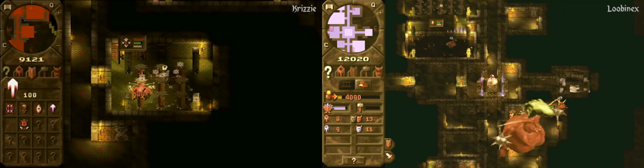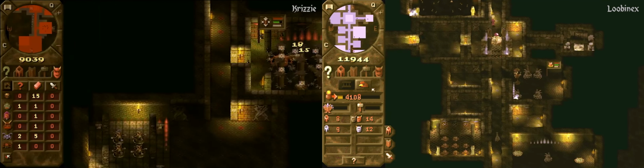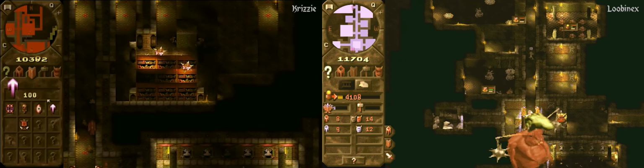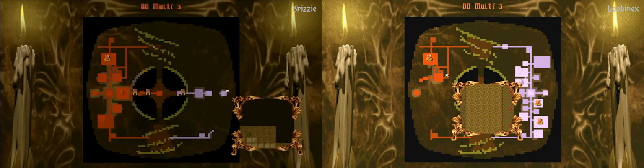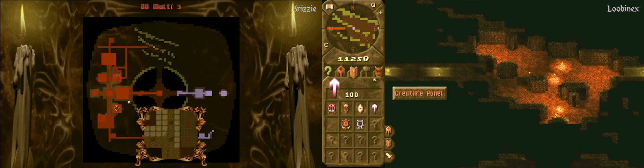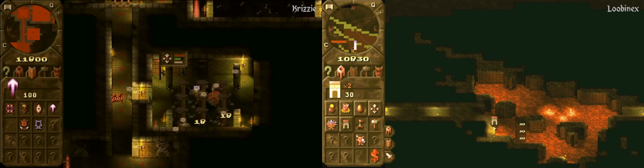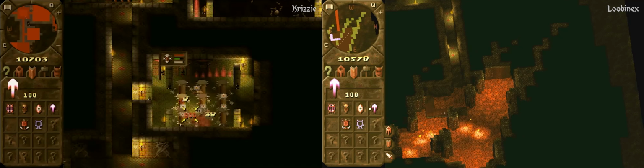Okay, Looby tries to skip a sleeping cycle here, and now is focusing more on the beetle training. So we see that we will have a late game attack from Looby, and Looby just went back. Okay, Krizzie is now scouting a little bit. And Looby just wants to go in from a different entrance. I guess he wants to...